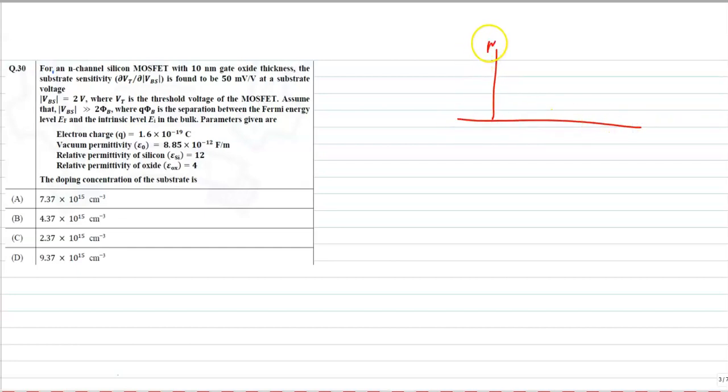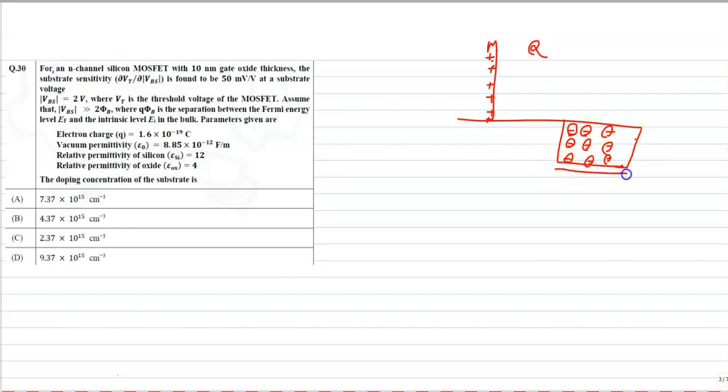This is your metal side, this is your oxide, and this is your semiconductor. Why I am drawing it like this, you'll understand, because it gives a polarity to the charges. As you know, the gate voltage or threshold voltage is always positive, so this is the positive charge. Then here is the negative charge, that is the exposed trivalent impurities like boron, gallium, indium,